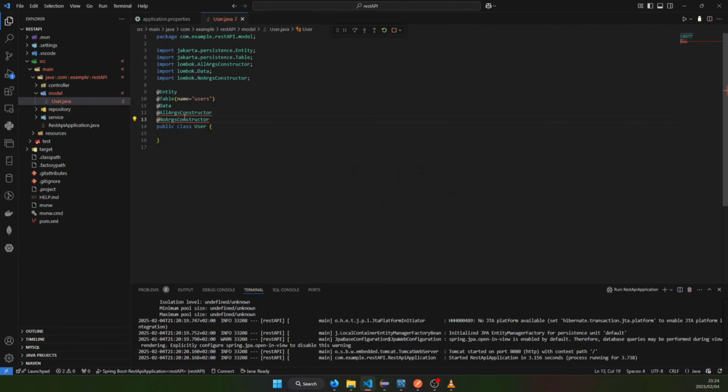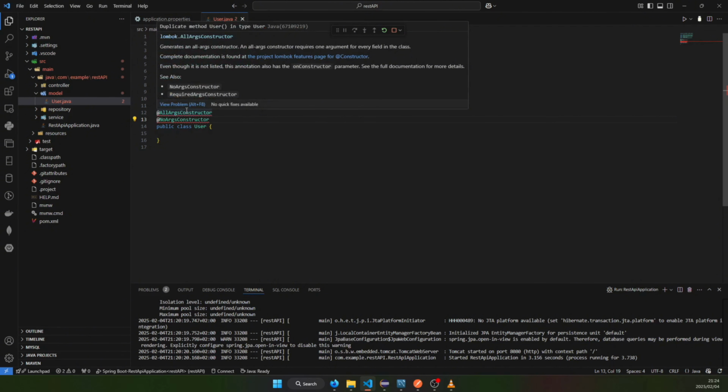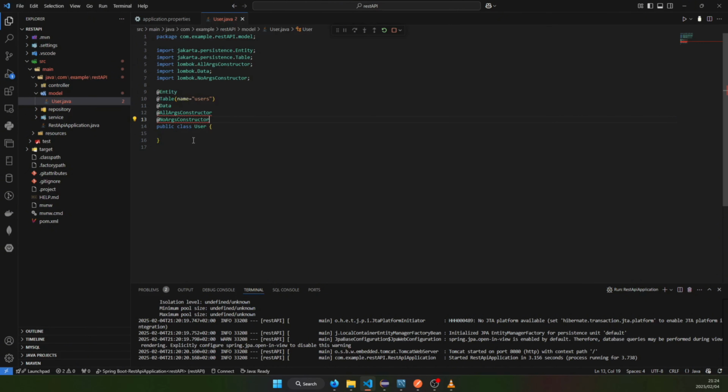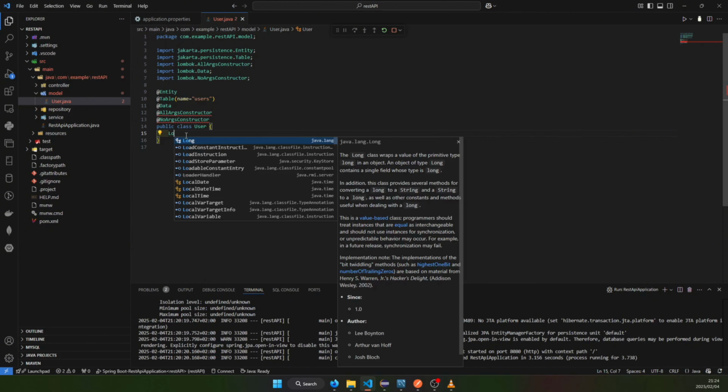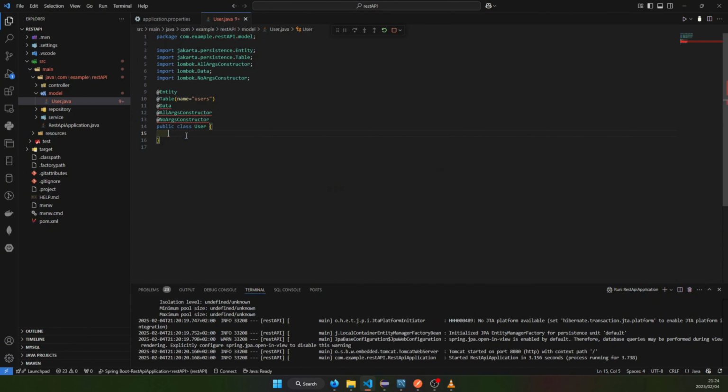Let me see what the problem is here. Duplicate mode. Oh, okay, I see. The reason I have this is because I don't have any variables inside user, so that's why I'm getting this error. But if I start now to put in variables,